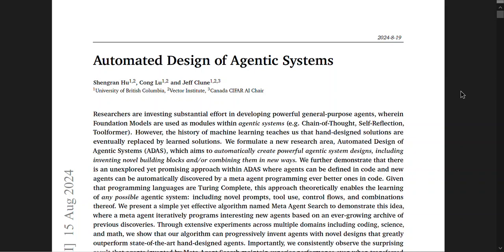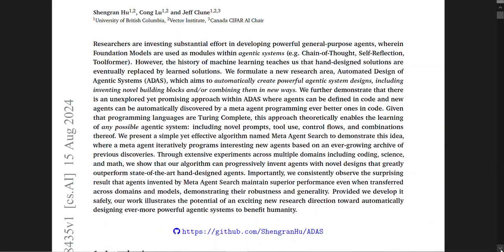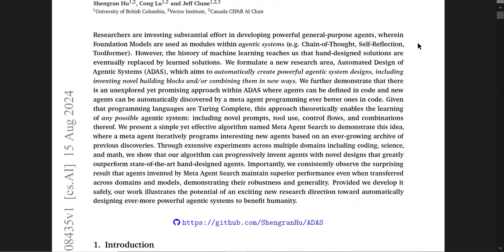Anyway, without much further ado, we have the Automated Design of Agentic Systems. And as we talked a little bit in the last paper we looked at, agents are the hot new thing. We no longer have large language models. We have large language models, plus tools and an orchestrator to conduct the thing. I don't know why they wouldn't have called it a conductor, but that probably would screw people up. Anyway, Lu and Clune from University of BC.